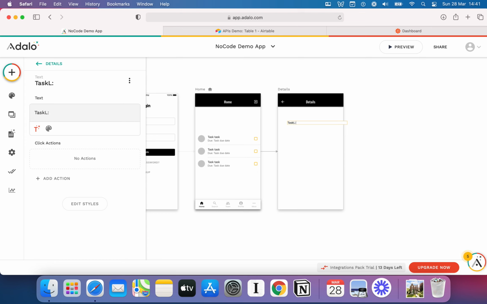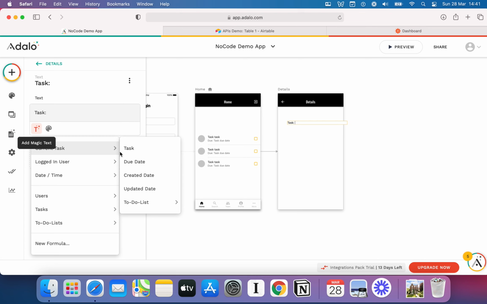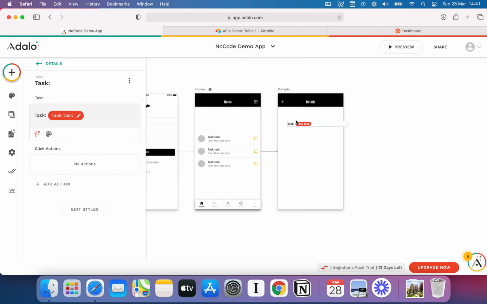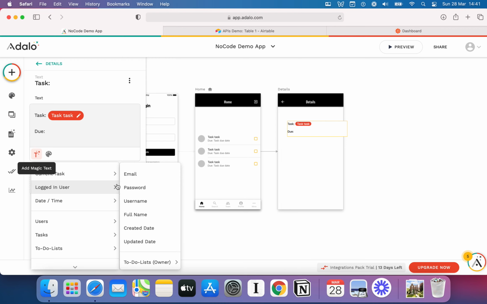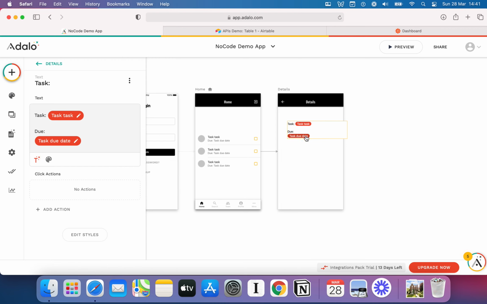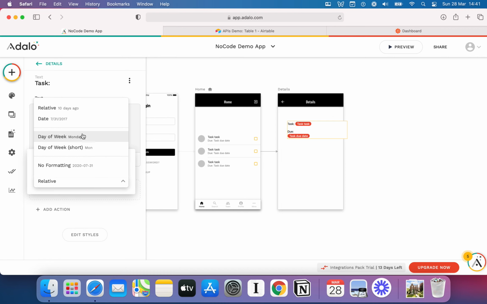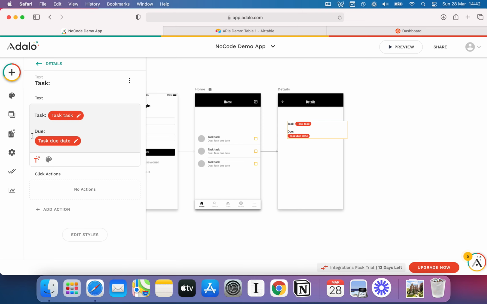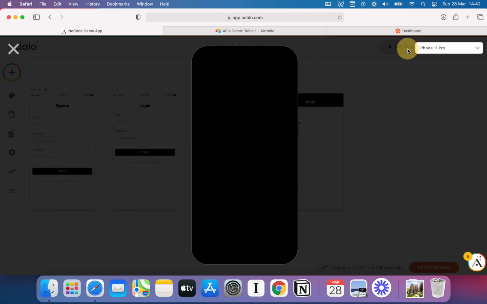So if I put a bit of text here, and then we'll use our magic text. So we're going to say current task, and you'll see that's immediately available. So I can put current task, and then I can also say it is due. I'll put the due date, and again I'm going to configure that just like we did last time. Oh, sorry, over here. I'm going to change that to be, we'll put the day of the week this time. We'll say what day of the week it is due. So I'll do that. Now it's not showing up too nicely, but that's not a massive problem at the minute. So if I now go in and preview this,